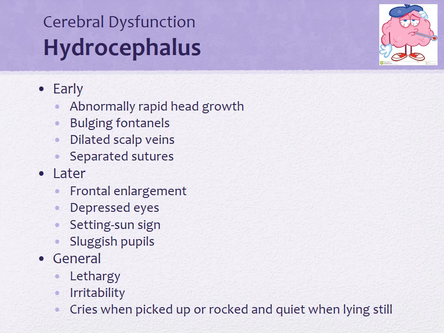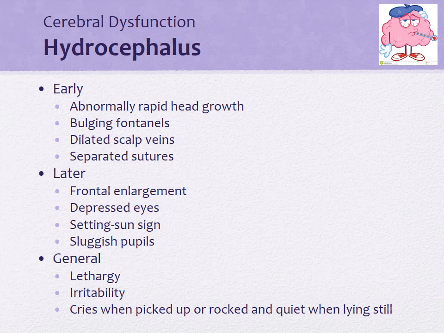As far as signs and symptoms that you will see in hydrocephalus, early signs and symptoms will be abnormally rapid head growth, and you'll see this mainly in infants or up to 2 years of age or more. Because once those fontanelles are closed by 18 months, then you won't see the bulging fontanelles. But the head growth typically occurs most up to 1 year, but you're still going to look at it potentially up to 3 years. But that first year is most important.